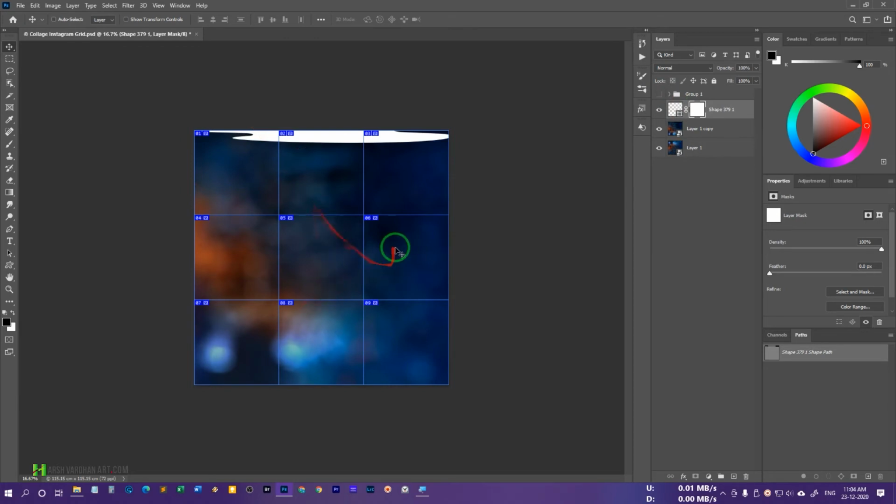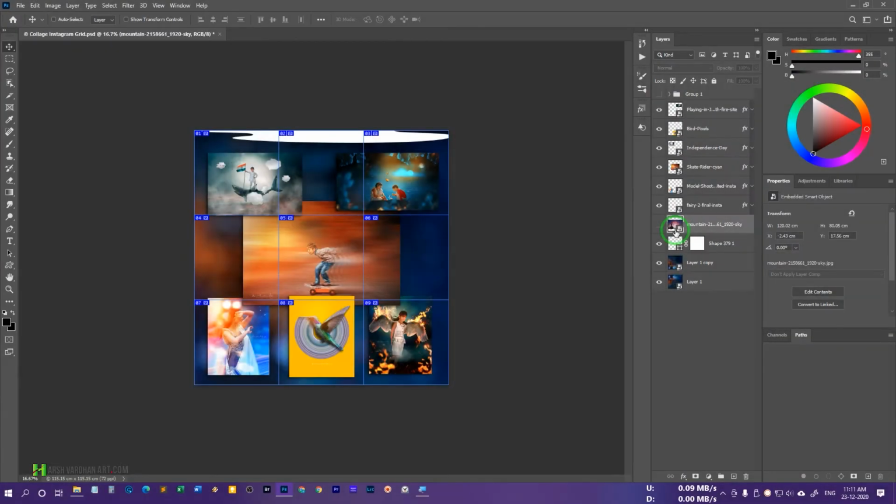So let me place different images and come back. Alright, so now I have arranged all these images, so this would be the next grid. I have arranged and just placed them over here. Now I just want to do something for this shape, because this is white and this is not looking that great.